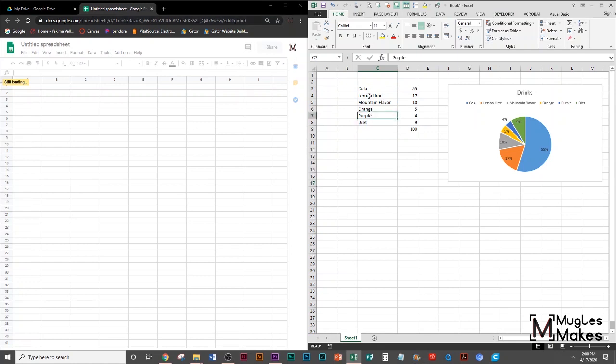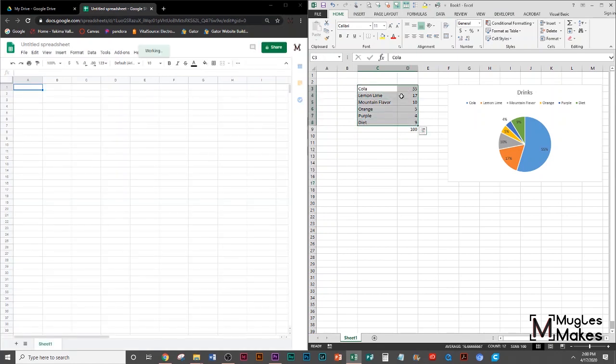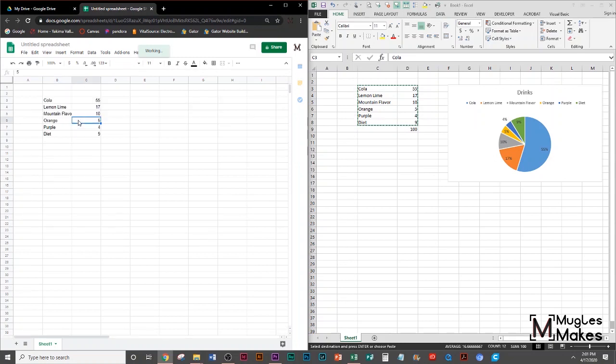My right side's Excel, left side's Google Sheets. So from my Excel side, I'm going to do control+c just to get some data. You could just type up whatever data you have. And then control+v. And then I'm going to title my spreadsheet Drinks